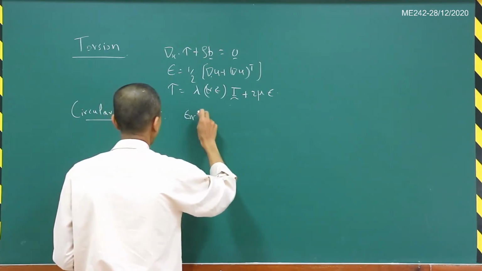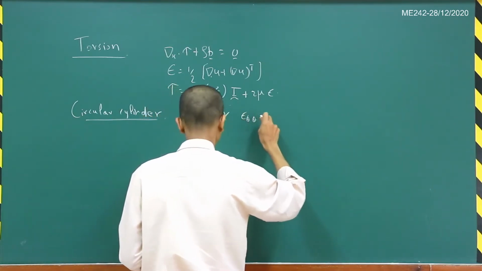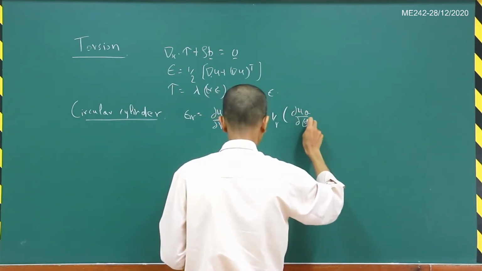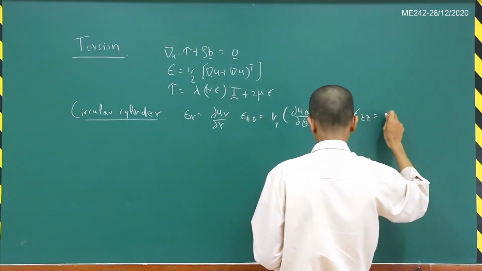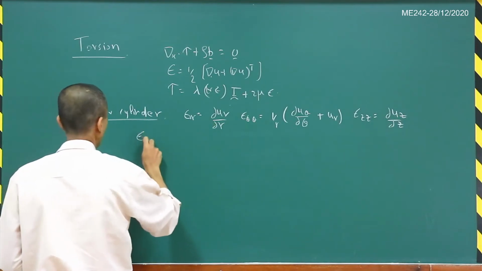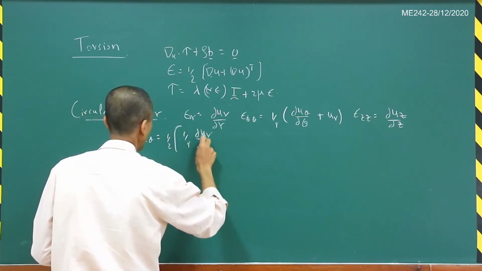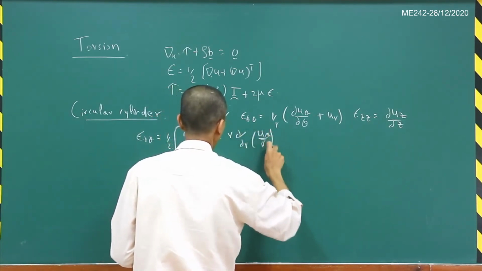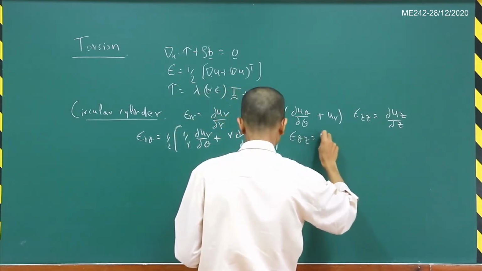So epsilon r is equal to del ur by del r, epsilon theta theta is equal to 1 by r times del u theta by del theta plus ur, then epsilon zz is equal to del uz by del z, then epsilon r theta is equal to 1 by r del ur by del theta plus r times del by del r of u theta by r,